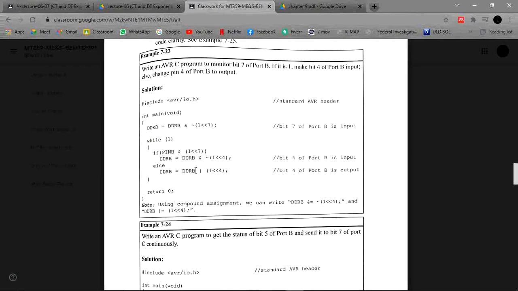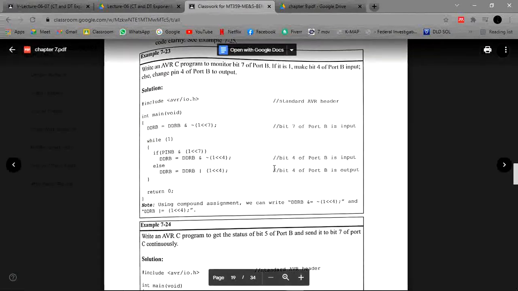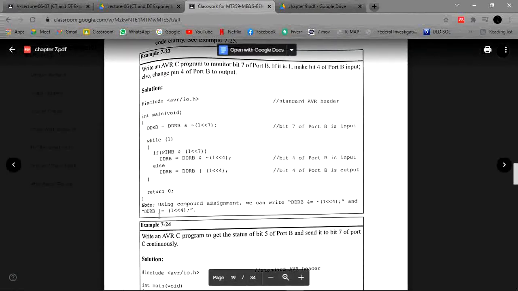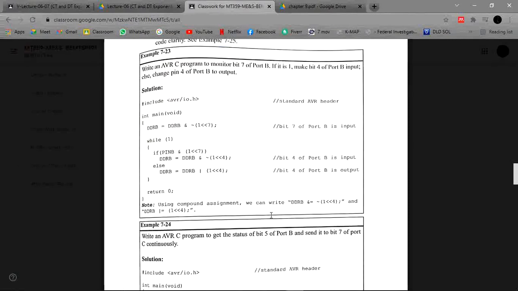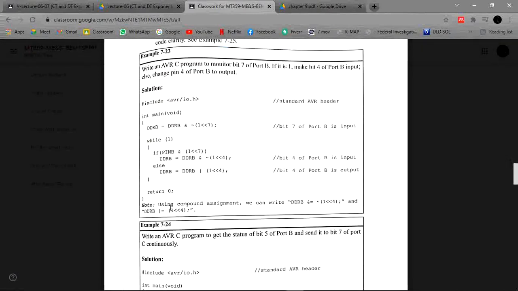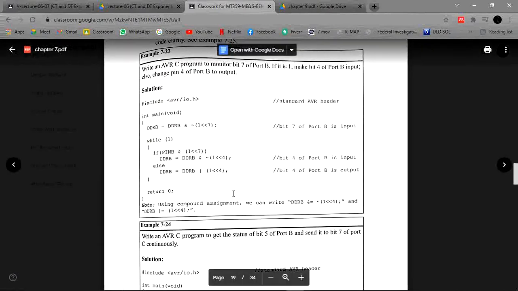If it is true, then bit 4 of the direction register of port B acts as an input, and otherwise, if it is any other number, then bit 4 of port B acts as an output. After that, we return from the function. Here you can see that, without using compound assignment, we can write the direction register DDRB in bitwise operators as well.